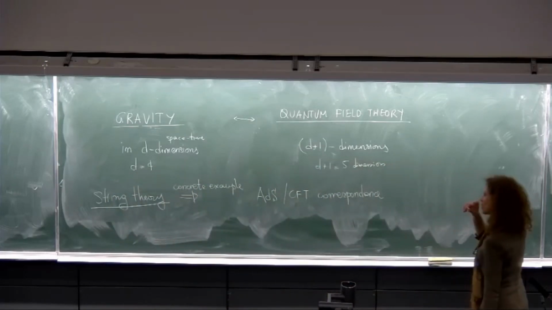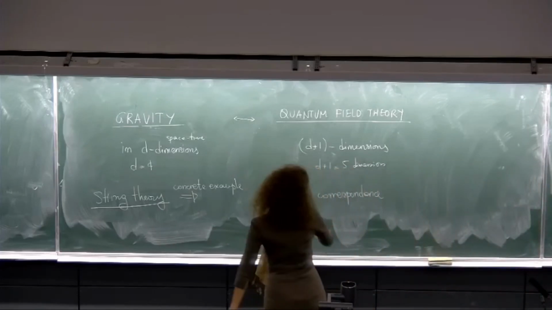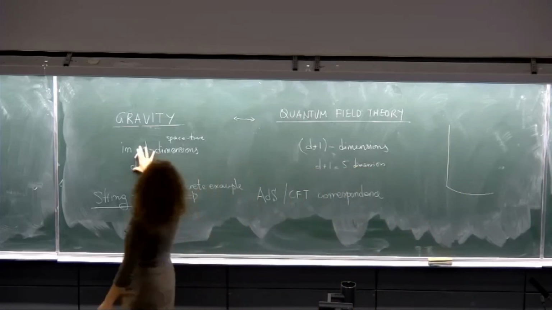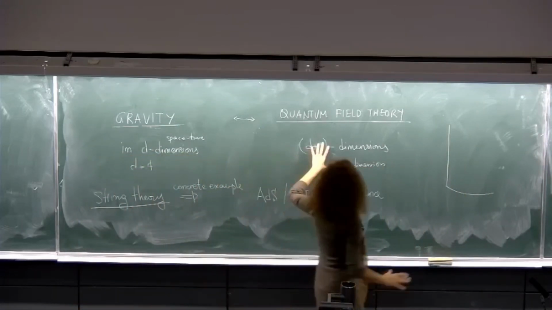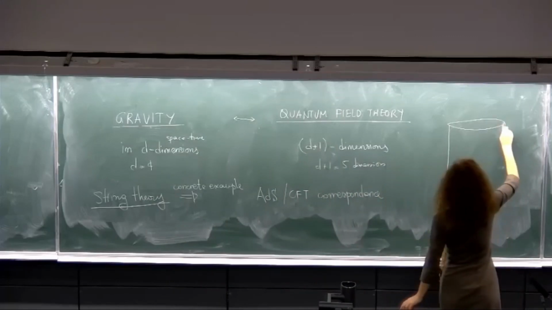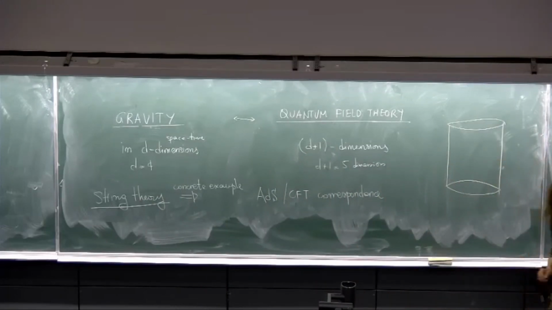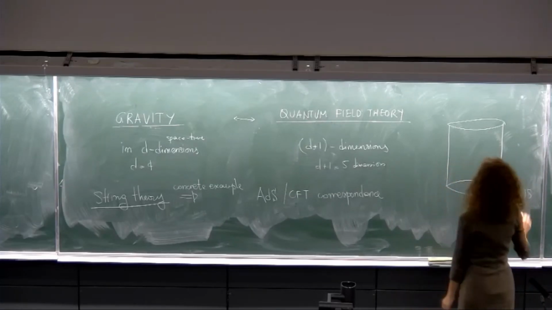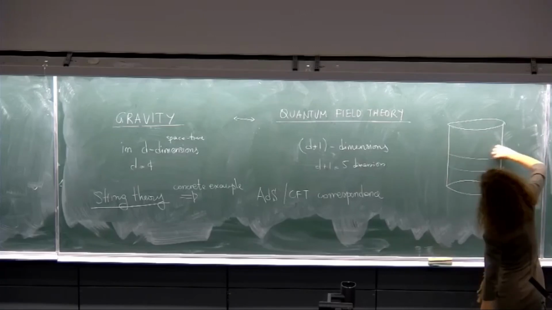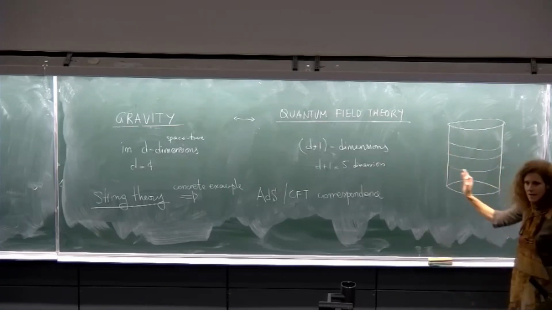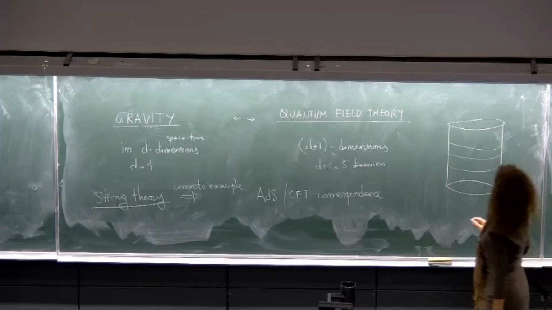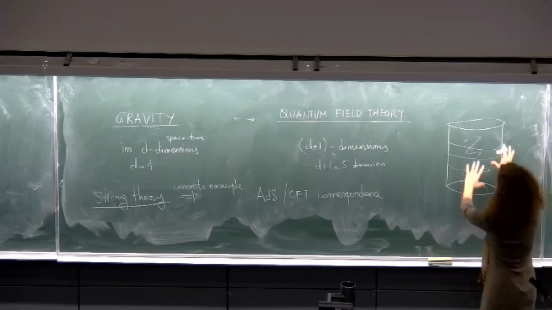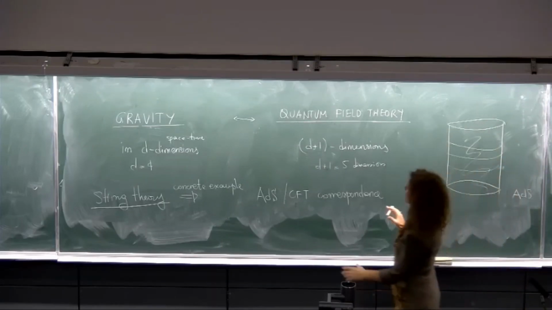So, more often than not, people discuss this correspondence in terms of a d-dimensional boundary of a d+1 dimensional space. And here I will give you one schematic description of AdS space as a cylinder where its boundary is all this surrounding cylinder, and the inside is the bulk. So all of this is AdS space, and the quantum